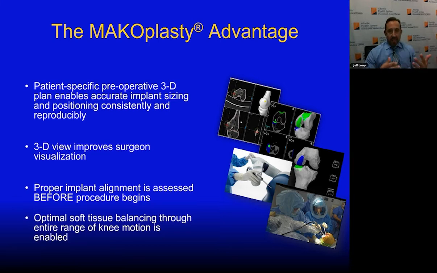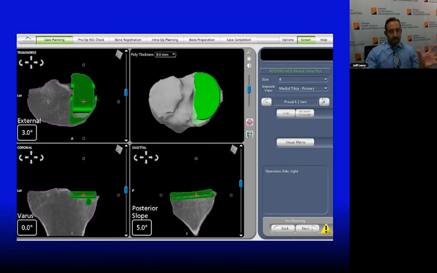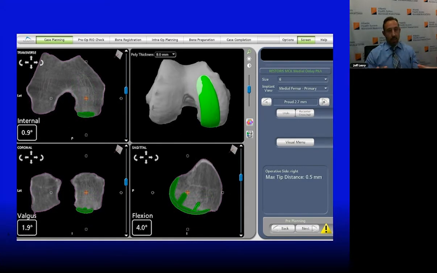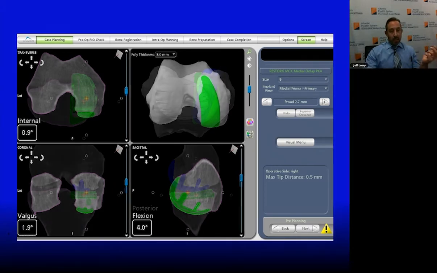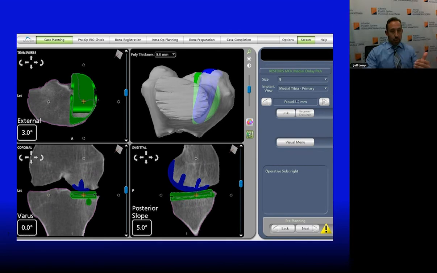So it's more accurate on a case-to-case basis, and it's also more reproducible, meaning you can get the same result over and over and over, and it takes a lot of the variability out of the operation. So again, what we're able to do is build these models, and this is an example of a knee, where you see we've built the model of the knee. We're able to show where this implant will go, where it's going to sit, how it's going to interact with the bone. We can then look at how it's going to interact with the joint, how it's going to move.